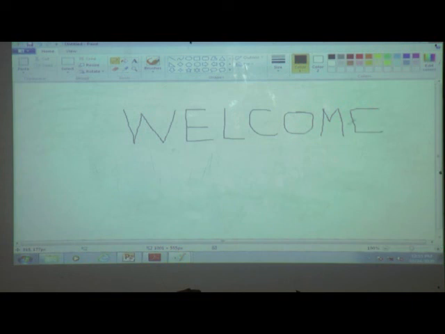Welcome. And how to save the file? Click on the paint button and then click on the save option, and where we want to save, select this path.